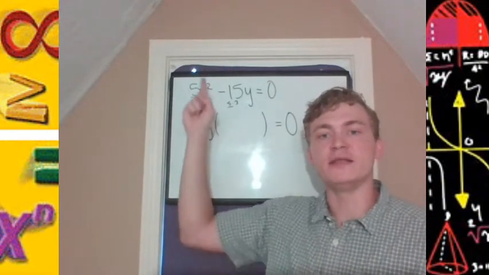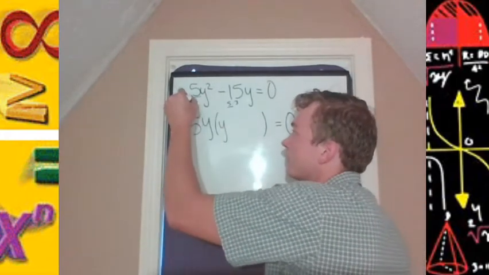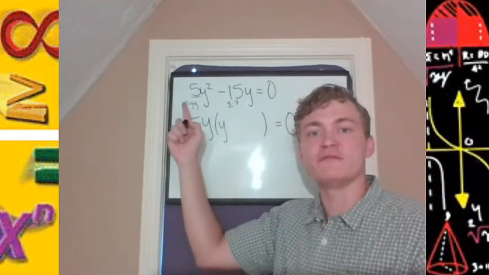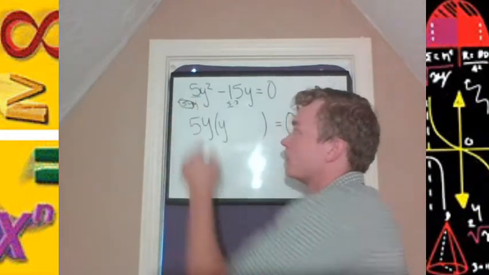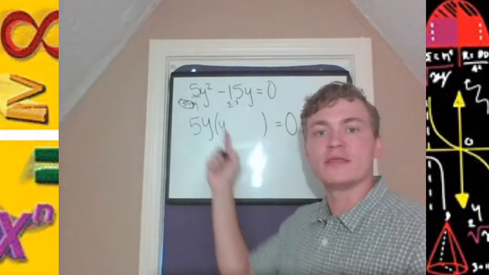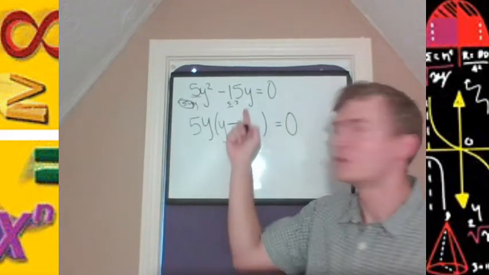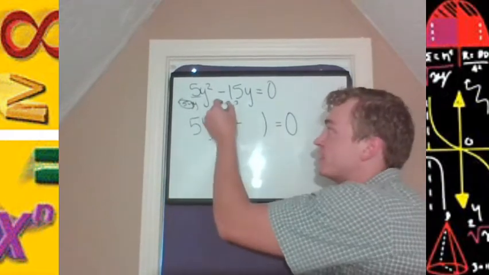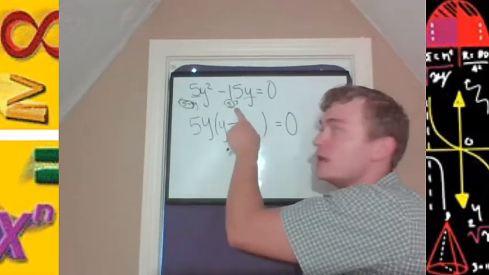We have 5y squared, but we factored out 5y. What did we leave behind here? Just one factor of y. Right, that's how we can visually see 5y squared: 5 times y times y. There's the 5y, leaving behind the y there. Minus? Well, we had 15y, but we factored out 5y. So we took that 5 and we took that y and moved it out front, and we left behind the